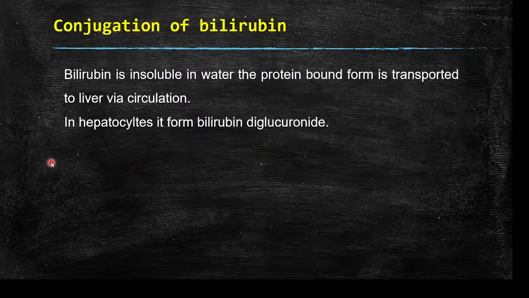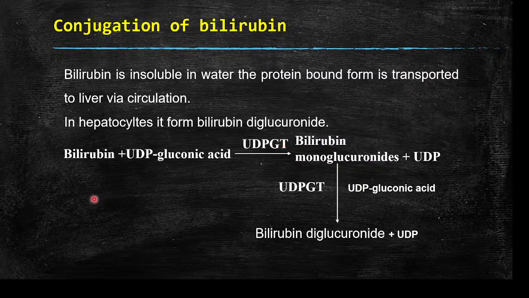So conjugation of bilirubin. Bilirubin is insoluble in water. The protein bound form is transported to the liver via circulation. In the hepatocyte it forms bilirubin diglucuronide. Here the bilirubin will react with UDP glucuronic acid. By the action of UDP glucuronosyltransferase, it will form bilirubin monoglucuronide, and again it will combine with one more molecule of UDP glucuronic acid, and it will form bilirubin